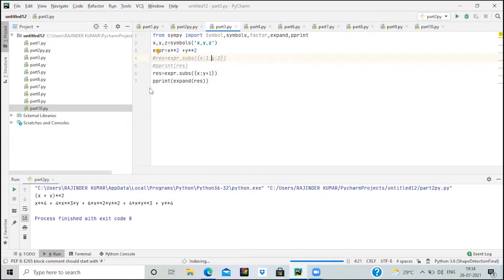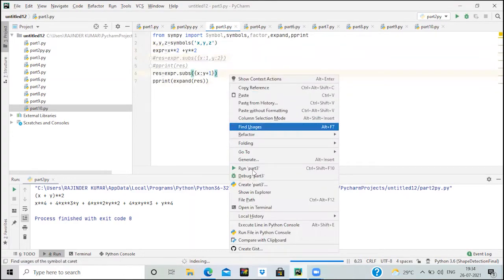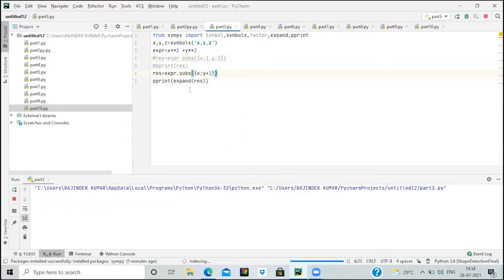Let's have a look at what exactly the pprint function does. Let's run this. You can see that we are getting the output, but this output is without the use of the power operator. The pprint function is used whenever you want to get the output without the use of the power operator.